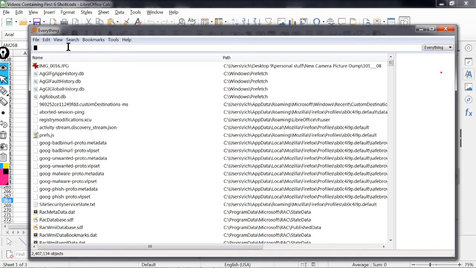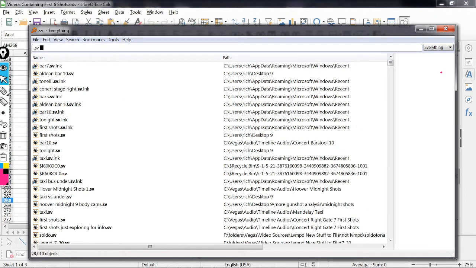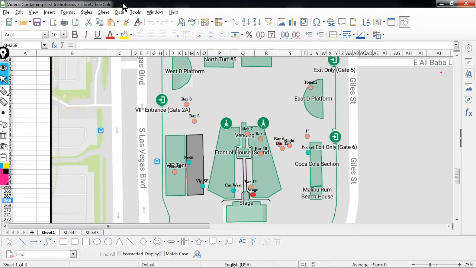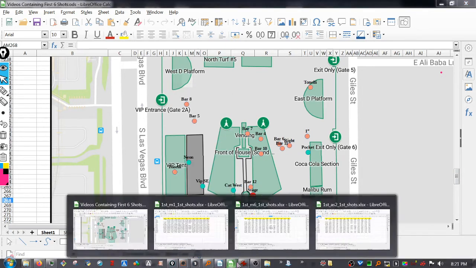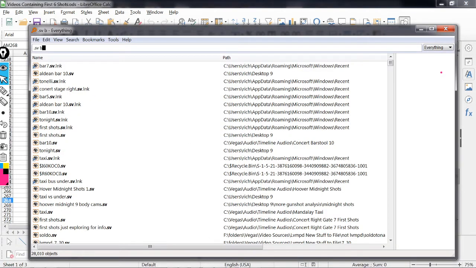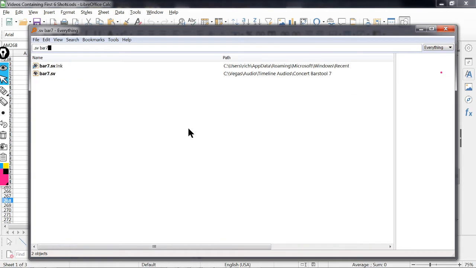And the end result is that if I don't know where something is on my system, I simply open up this tool, because by default it lists every file on your system, and I search for a Sonic Visualizer file. You can see all the Sonic Visualizer sessions, and in this case I was looking for, I wish my memory was better, bar 7, thank you. And I go bar 7, and there it is at the top. And that's the Windows link to it, which is located in my recent directory. And here's the actual session. So if I open up that session,